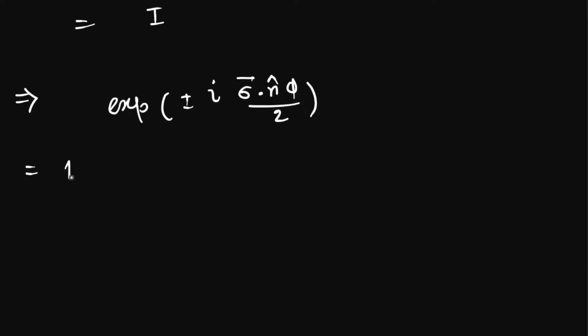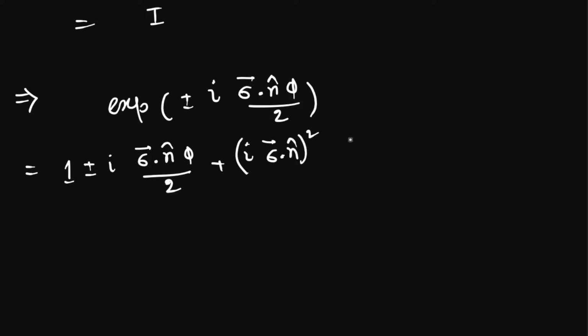We will get 1 plus minus i sigma dot n cap phi by 2, plus i sigma dot n cap whole square into phi by 2 whole square by 2 factorial,